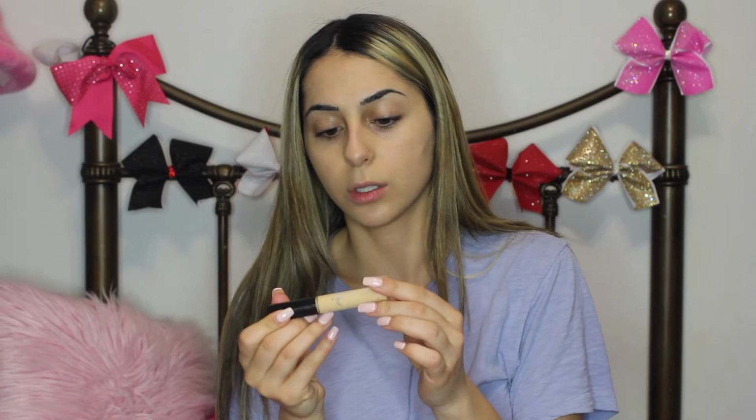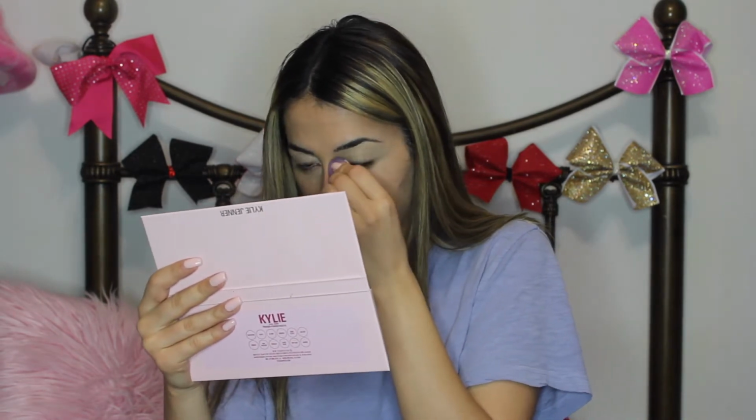Next thing I want to do is concealer, and I'm going to go in with my MAC 24-Hour Studio Fix concealer. And then I'm going in with this mini beauty sponge thing, and I'm just using it